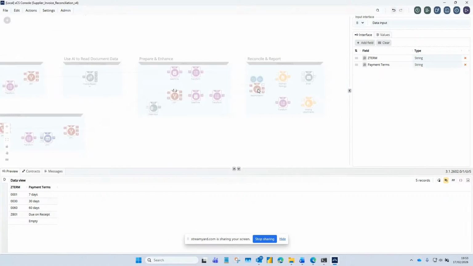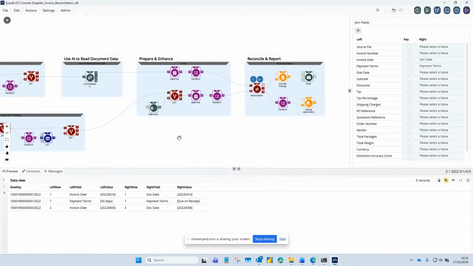And here's where we get to our reconciliation tool. What this will do is, field by field, go through and show me any discrepancies between the 2 different streams. If you remember, I've got my documents coming through from the PDF compared to my financial postings. Invoice date, for example, has a mismatch between the document and what's posted into SAP. And for that first supplier invoice, there's also a discrepancy on the payment terms between what was in the